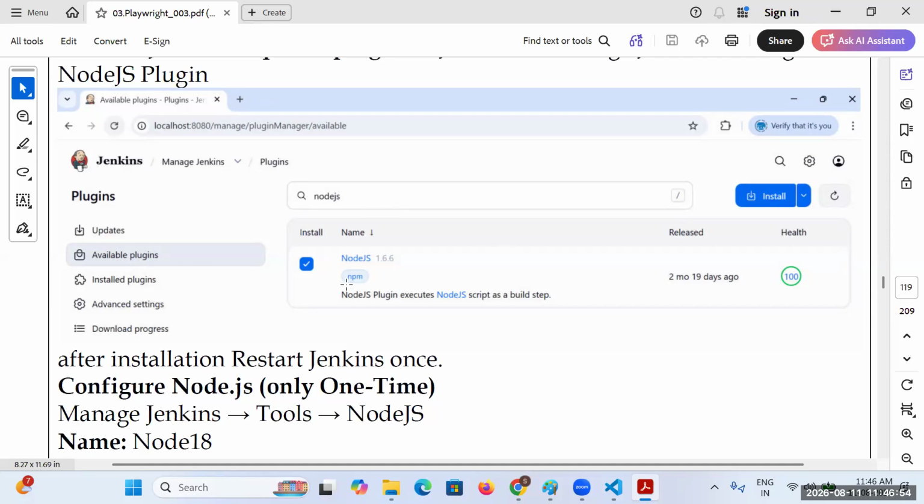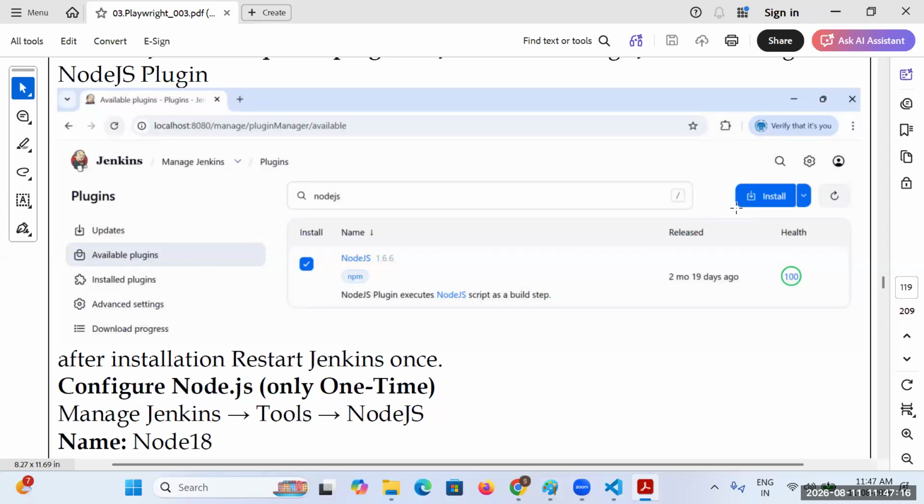You will have the option of Node.js, and you have to click on the install button. Okay, let's see that.